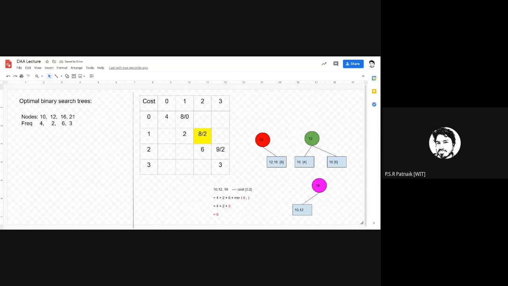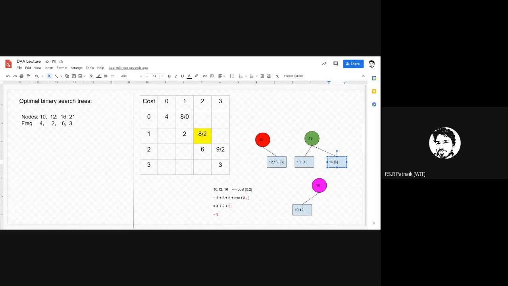Every time you read 10, which is 4, you need to read 12 and come. So 12 is read 4 additional times here. And every time you do 6 times here, 12 is 1. So the total read operation will be 4 plus 6. So here it is 4 plus 6. I'll put it in green color. Plus minimum, if you make 16 as the lower one,